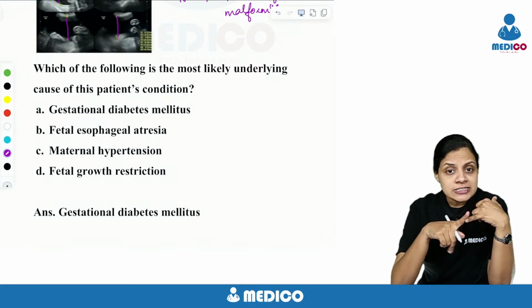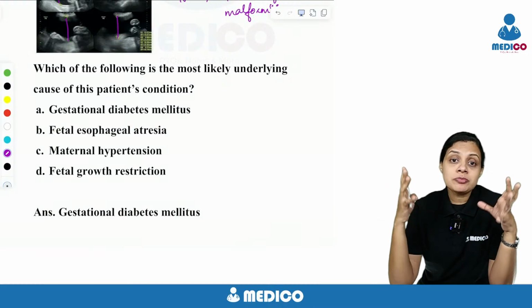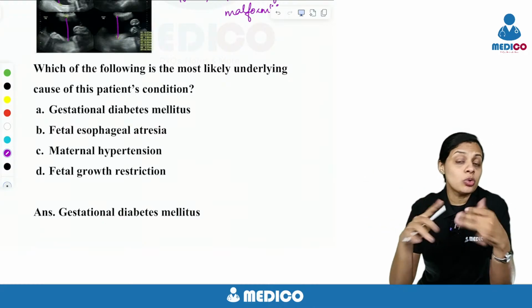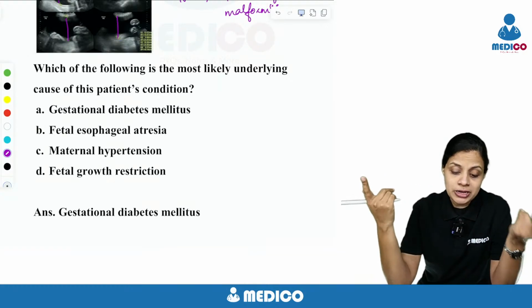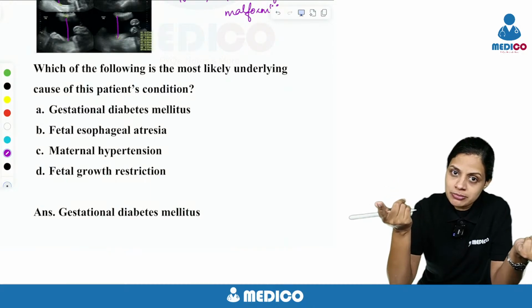What are the complications that can happen? There can be a premature rupture of membranes. When the membranes have been ruptured prematurely and all the fluid is rushing out, what can happen? Abruption of the placenta can happen. Because abruption has happened, she can have postpartum hemorrhage also.